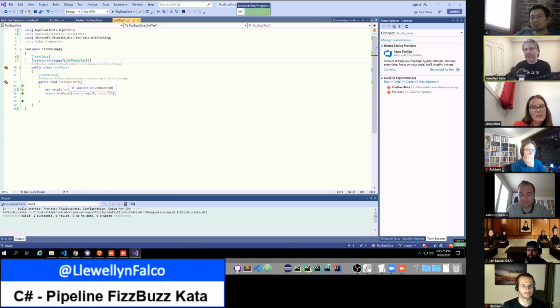So what would be the next step for getting the next piece of that pipeline going? So if you go back to the test, there are comments in there saying what the steps are. So we have set up the pipeline. Well, we've kind of set up the pipeline. The original code hasn't moved there, but there is documentation on that page that will tell you what to do with the original code and how to move it.